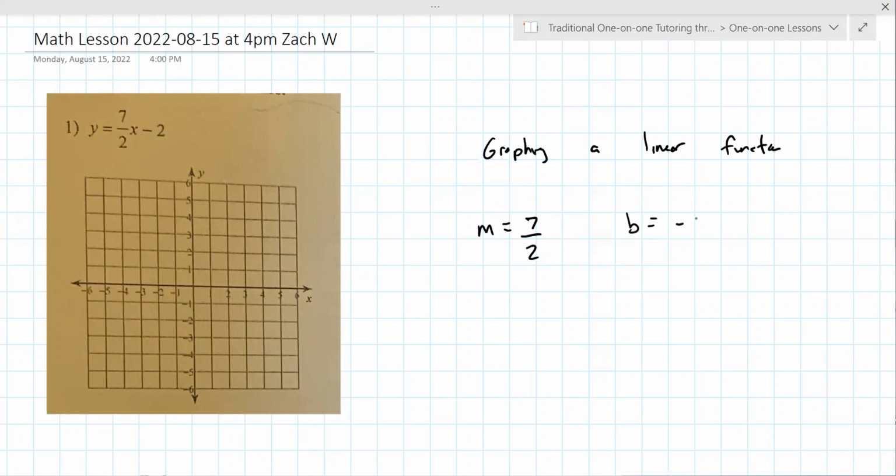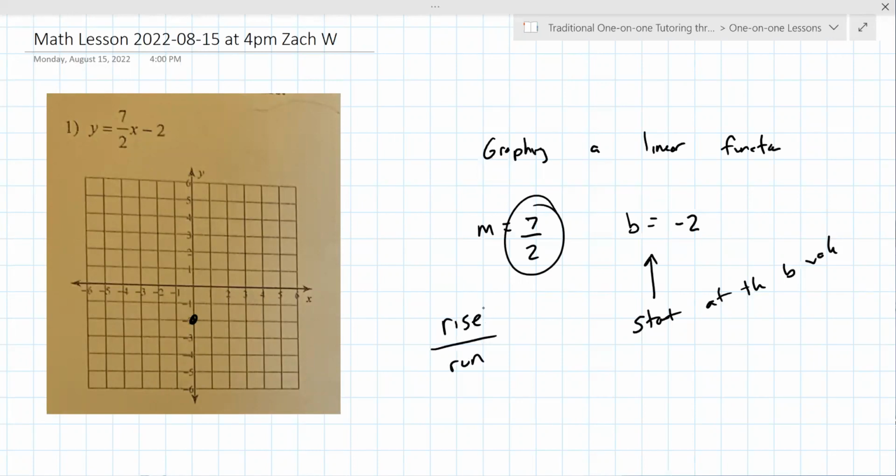-2. So you start at the b value. That's the key here: you start at the b value. And then like you said, the slope is rise over run. Now you go up when it's positive, you go down when it's negative. So from this point here, you're going to go up 7, 1, 2, 3, 4, 5, 6, 7, right 2,